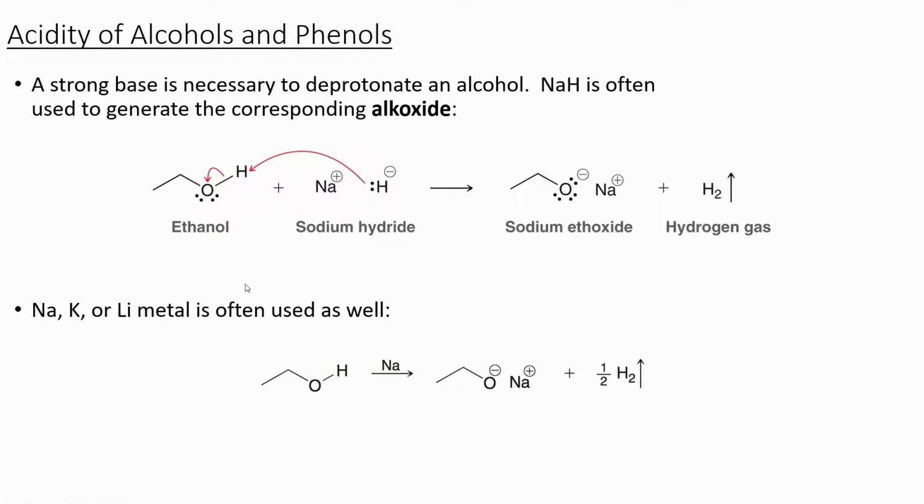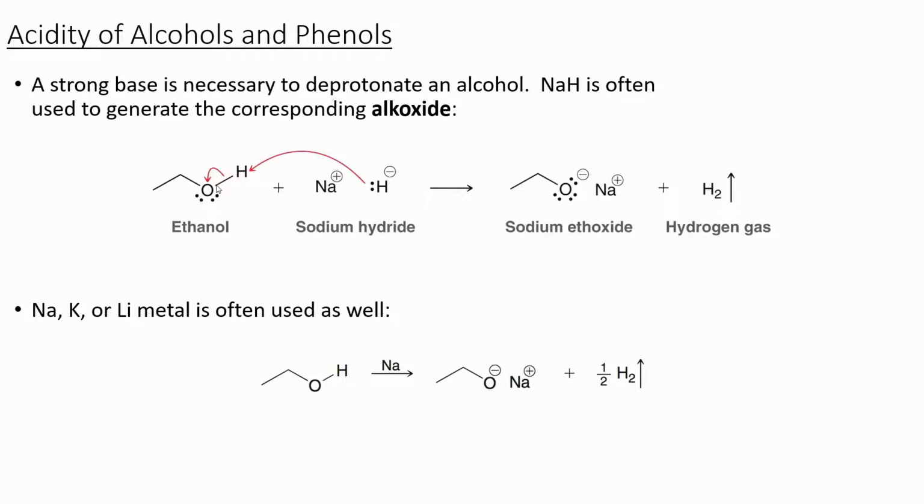There are a large number of bases that are capable of deprotonating ethanol. The most commonly used are sodium, potassium, and lithium metals, and sodium hydride. So in the example of sodium hydride, the lone pair from the hydride is going to act as a Lewis base, form a new hydrogen-hydrogen bond,